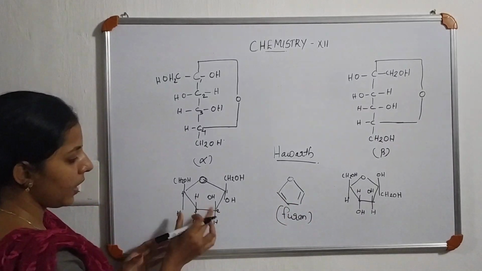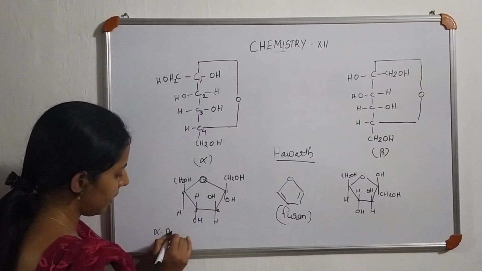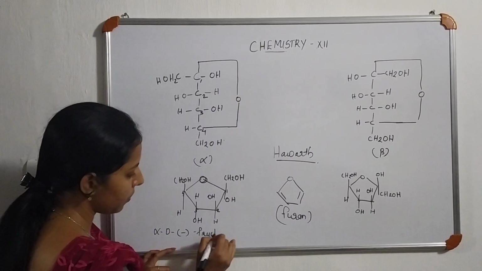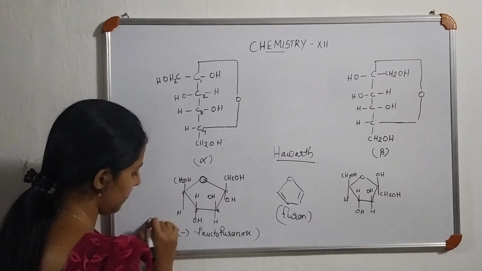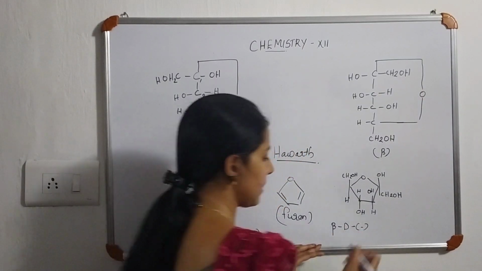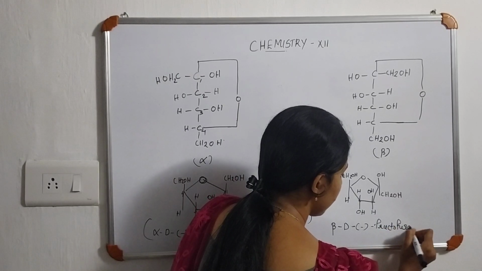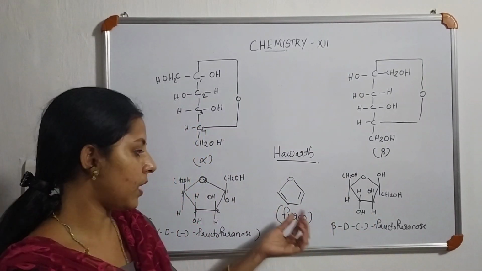So the name of this fructose can be represented as alpha D levorotatory minus fructofuranose. So D, and it is levorotatory, therefore negative sign, and fructofuranose. Furanose because its structure is similar to that of